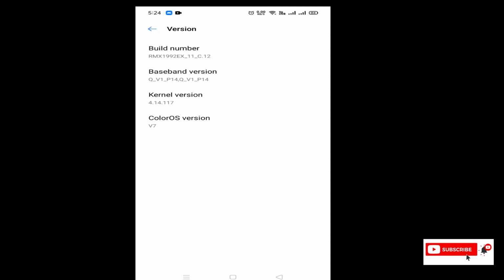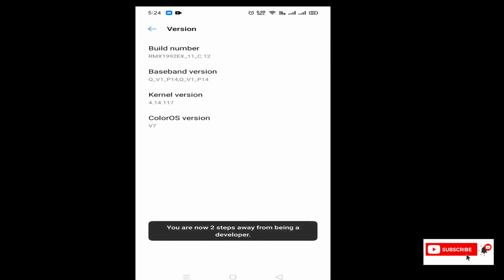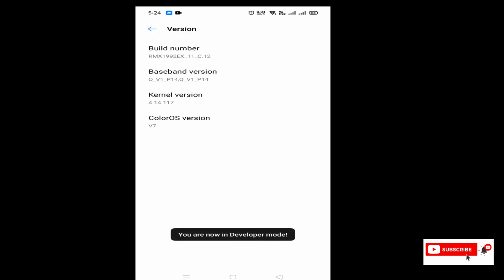We need to tap 7 times on the build number, and only then will we get the option to enable developer options. It will ask for authorization, so we need to provide our device authentication. Once that is done, our developer options are enabled.